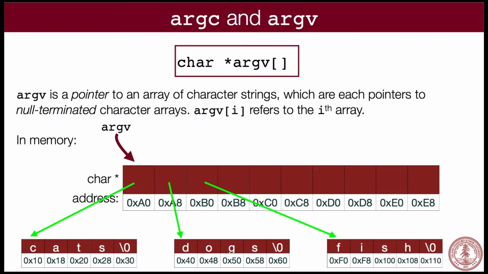Okay? More details on argv and argc. You will understand this diagram a little bit more in a couple weeks. But what it really means is argv, this form here, means argv is a pointer, and it is a pointer to a bunch of other pointers. That's really what it means.